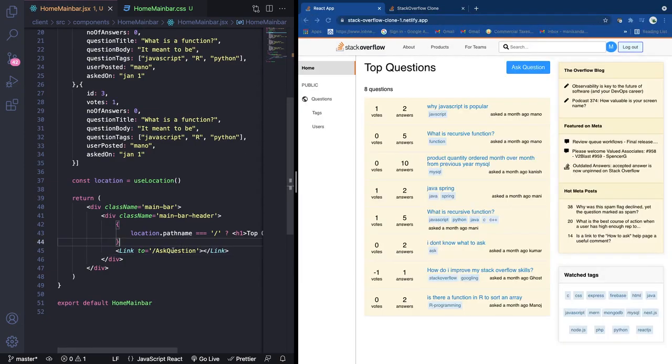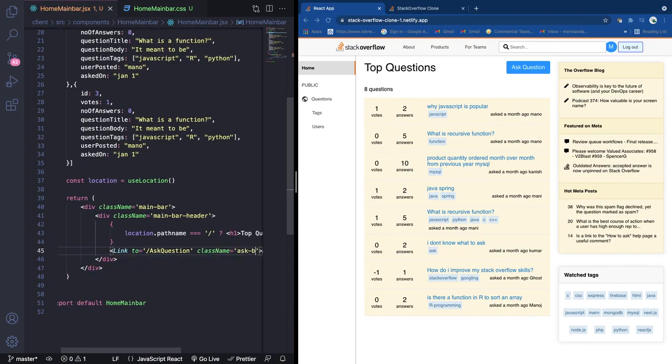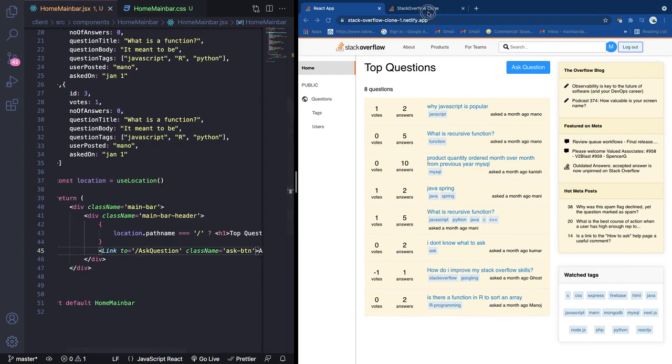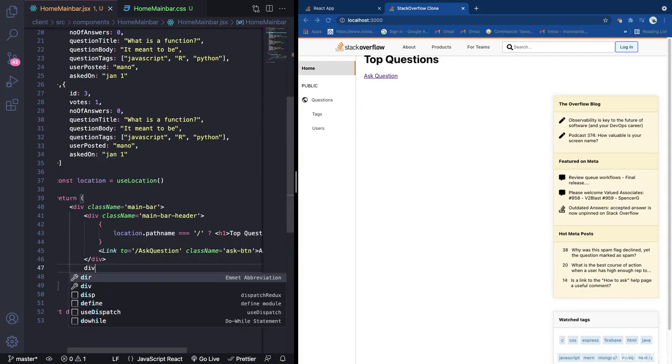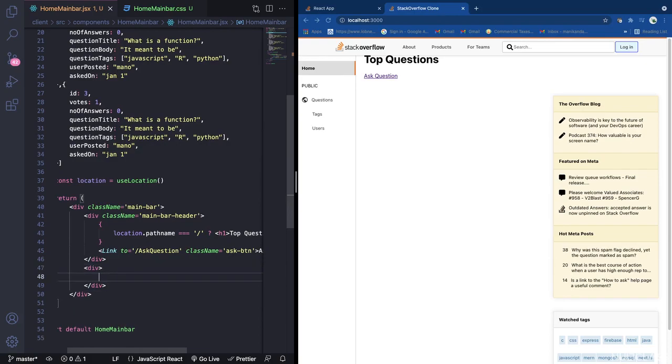So that's why we are providing a link tag with the to attribute to ask question, and inside that we are just going to have ask question as a word, and in here we'll just have a class name for the link tag called ask dash btn, like so. So if I just go down here, you can see we have the ask questions button. So then we are just going to create another div tag. Inside that